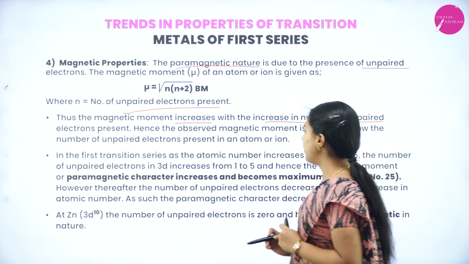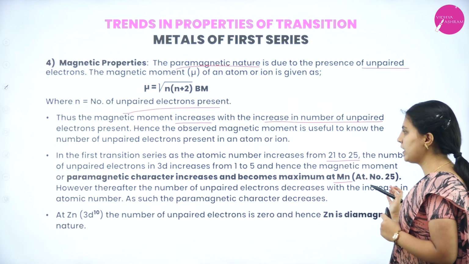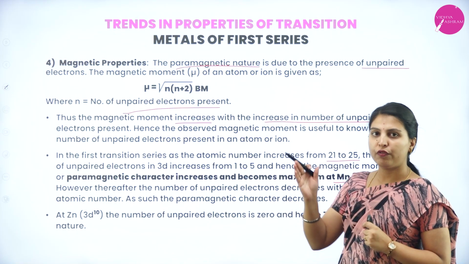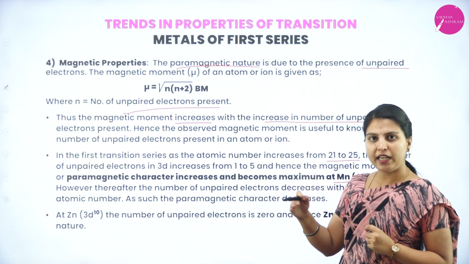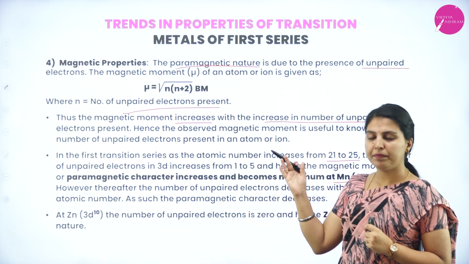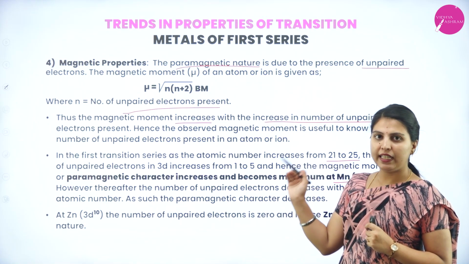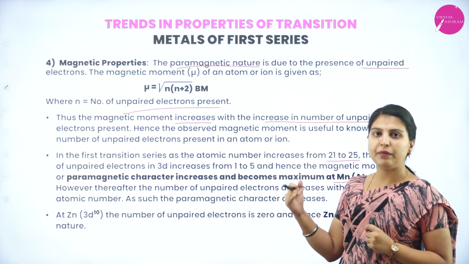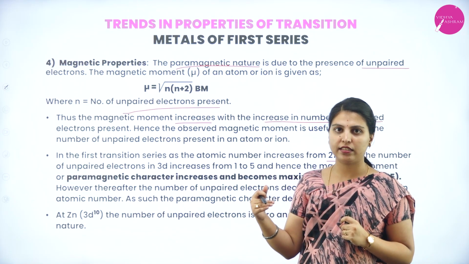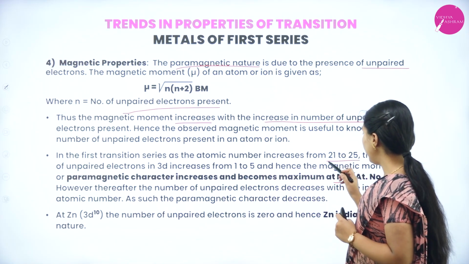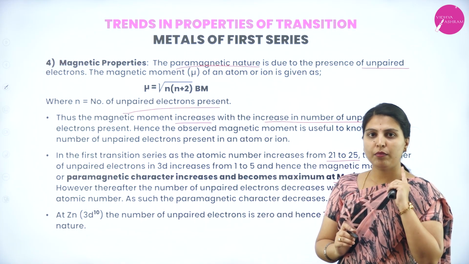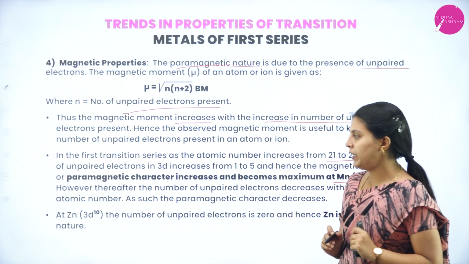However, thereafter the number of unpaired electrons decreases with the increase in atomic number, and as such the paramagnetic character decreases. From 21 to 25, unpaired electrons increase and the magnetic moment increases. After 25, the unpaired electrons decrease since the atomic number is higher, so the Bohr magneton or the magnetic moment will decrease. For that reason, manganese, which has atomic number 25, has the highest magnetic moment in the